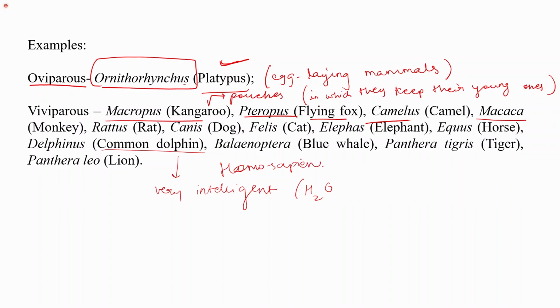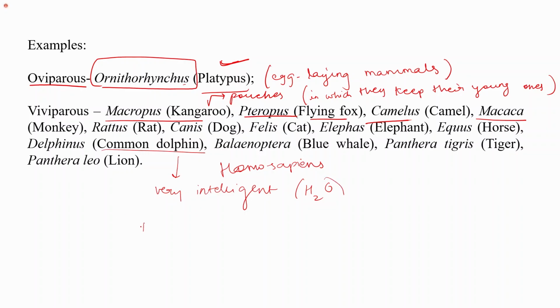So Homo sapiens are also mammals. And so with this, these are certain examples of the viviparous mammals. That is, they give rise to the young ones. Now with this, we can end our discussion on the animal kingdom, and there were certain differences that we see in all the three classes